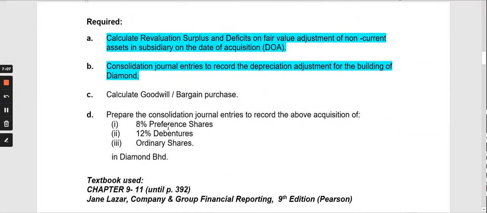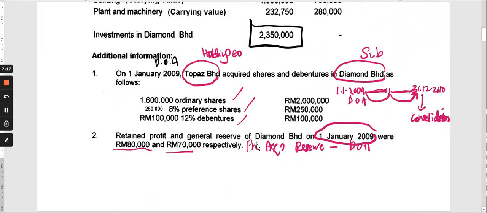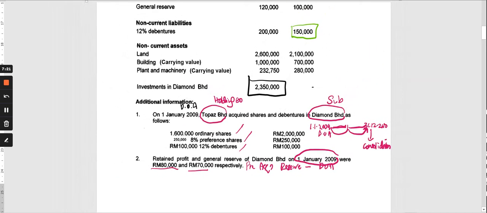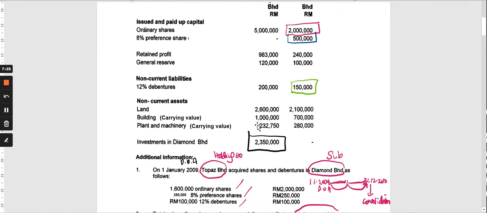And lastly is to prepare the consolidation journal entries to record the acquisition of 8% debenture, 12% debenture, and ordinary shares. If you go back to this part, you will be able to calculate what are the percentage being acquired. So if you look at the percentage being acquired in terms of the shares,